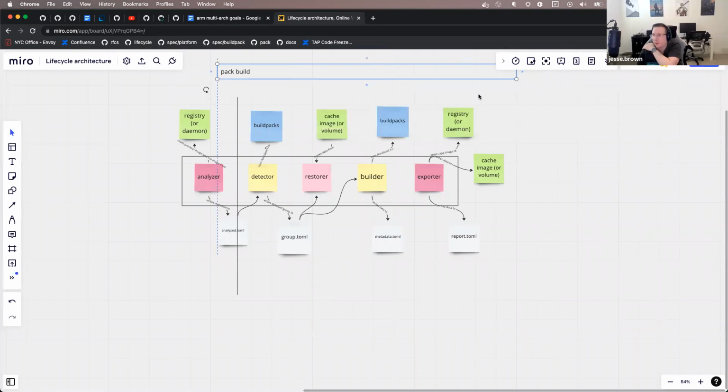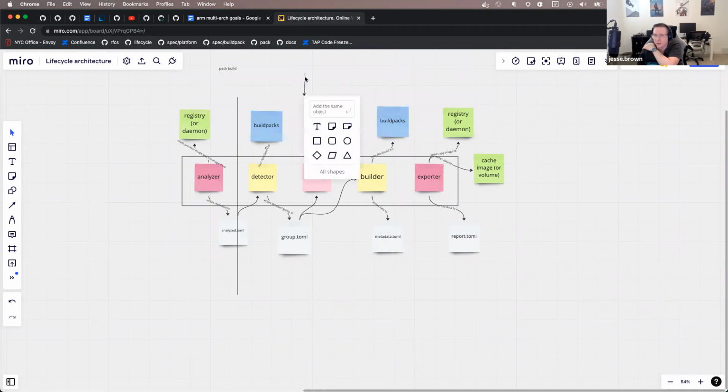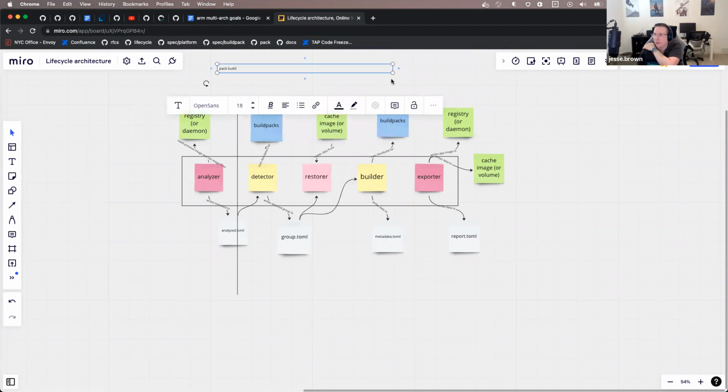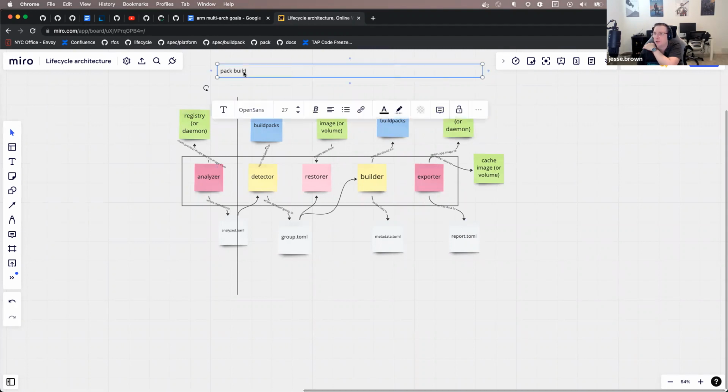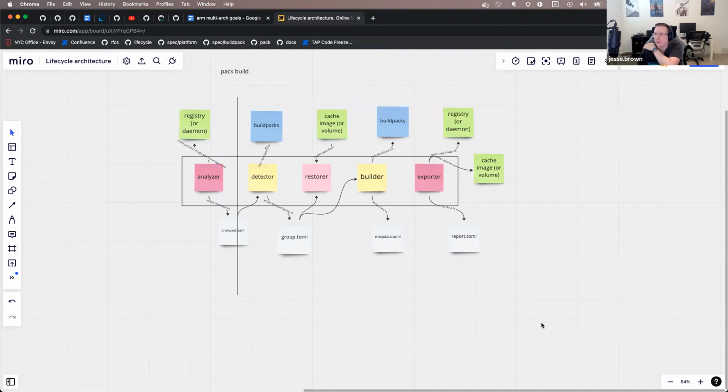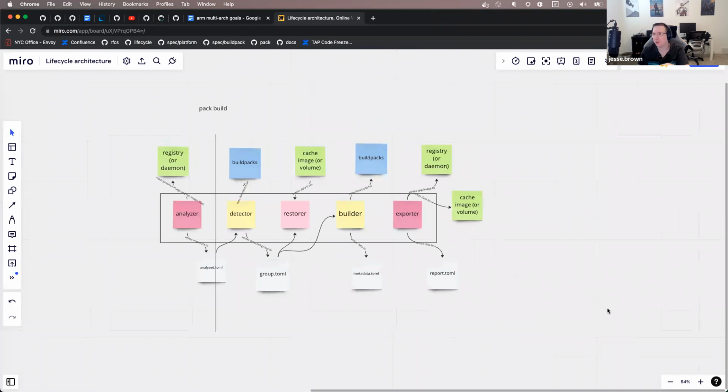Now, I don't think there's any technical limitation there, but I do think there are some holes we have to think about. Obviously, anyone who's using Pack build on an ARM machine today, the Pack build is pulling the AMD 64 version of the builder. So as soon as we introduce multi-arch, we will have to at least give everyone a heads up that if you happen to have an image list with an ARM version there, then it would suddenly start pulling and trying to execute with that.